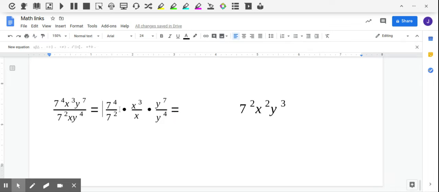7 to the fourth over 7 to the second comes over here to be 7 squared. And x to the third over x is just x squared, and y to the seventh over y to the fourth is y to the third power. Okay, and there you'd think you'd be done, but the people at Clever, Big Ideas, whatever we want to call it,